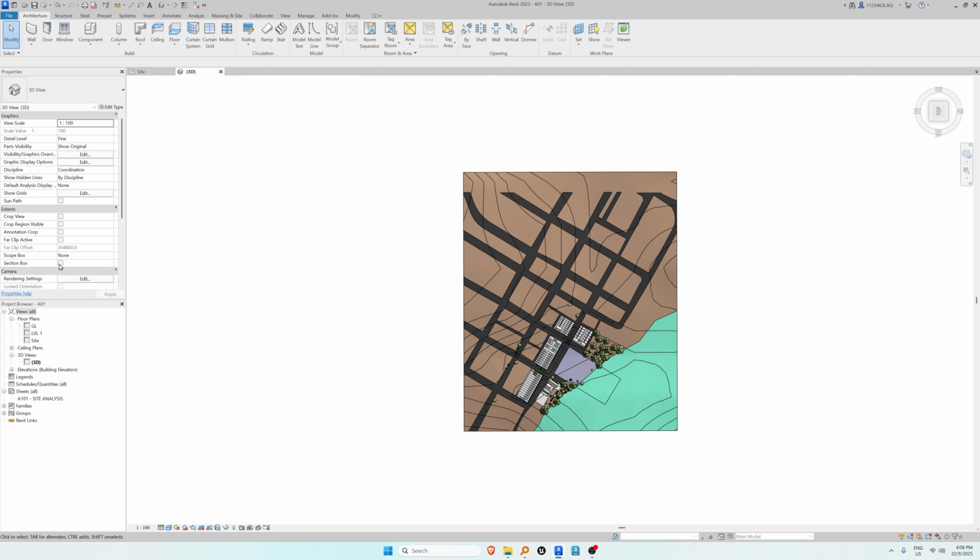Okay, so first thing we're gonna do today is we're gonna cut out the parts that we don't need from the site. Okay, to do that you will need to not select anything. So don't select anything, go to your properties panel. You will see section box. You just have to enable it, press apply. Once you do that, you will see there's like a box that surrounds our